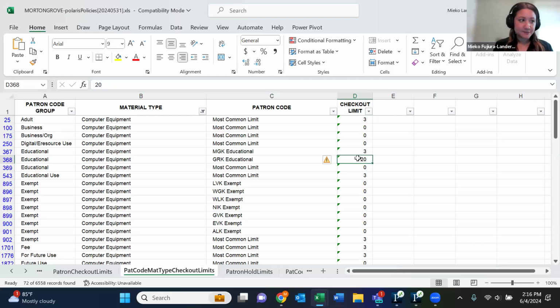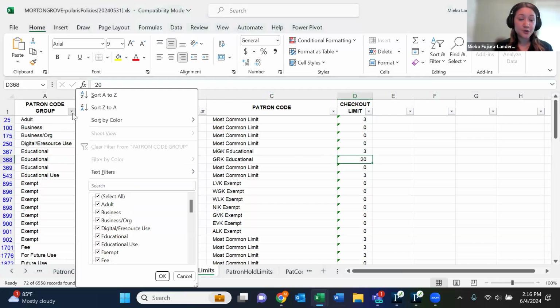To round out this example, though, we are going to focus just on the checkout limits for our patrons. So while I have this filtered down to my target material type, I also want to filter down just to my patrons. So I'm going to first use the patron code group to limit to the MGK, those Morton Grove groups. So let me deselect everything and then apply the appropriate groups. And we said that was educational, exempt,